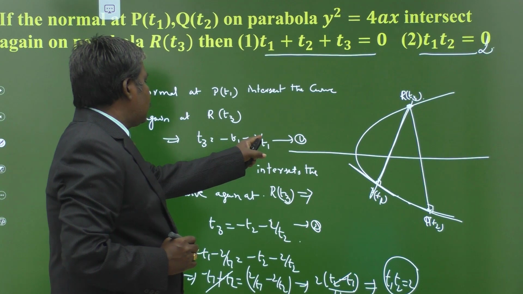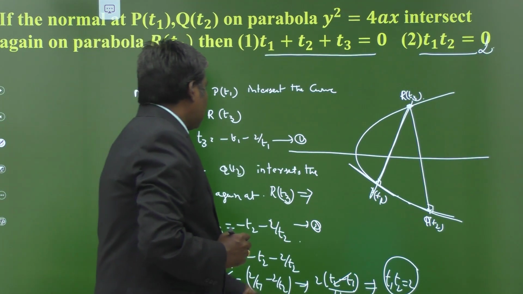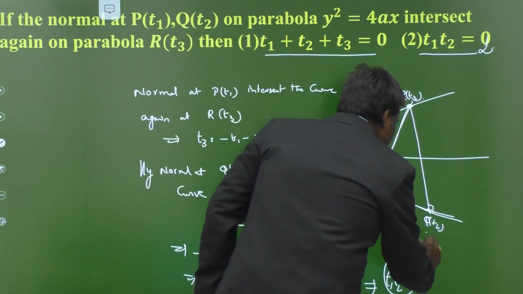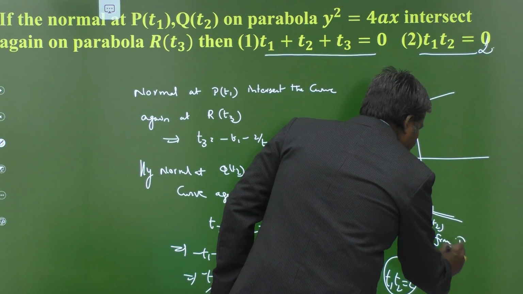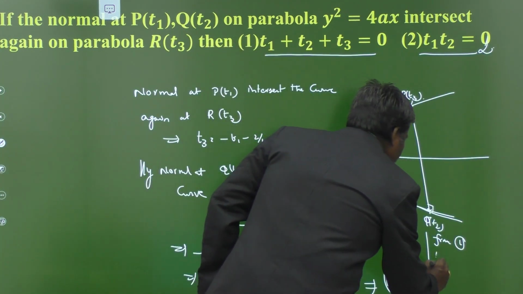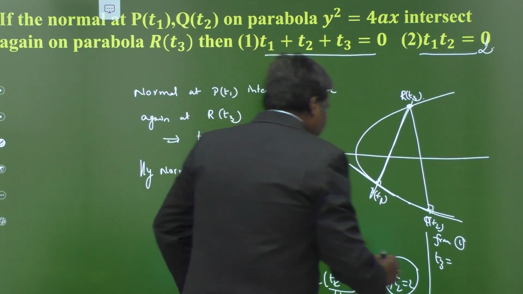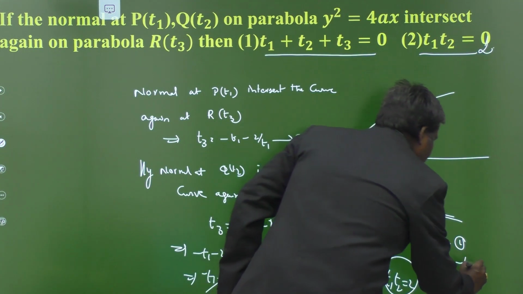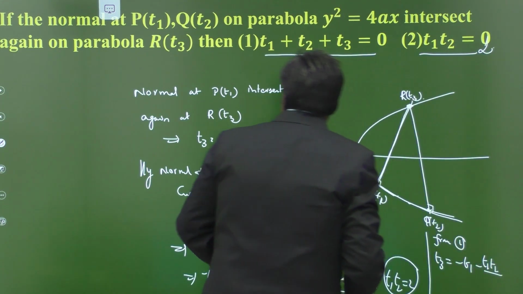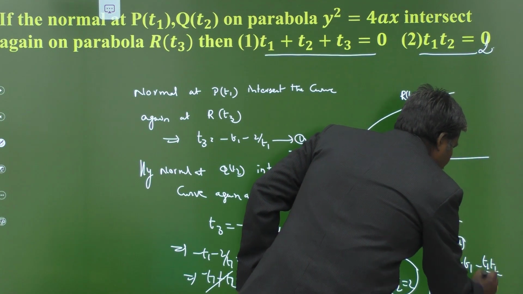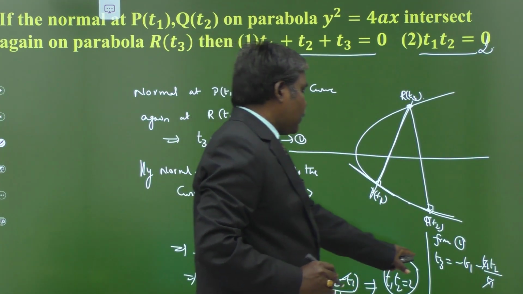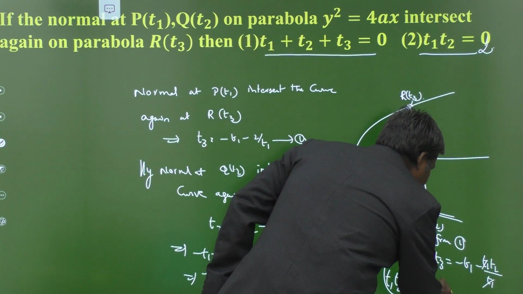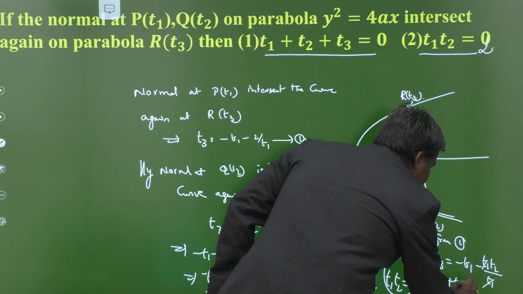Therefore T3 is equal to minus T1 minus 2 by T1. Now instead of 2 you can write T1 T2, from 1. T3 is equal to minus T1. Instead of 2 you may write T1 into T2, minus T1 T2 by T1. So T1 T1 gets cancelled. So what we obtained, my dears, T3 equal to minus T1 minus T2, implies T1 plus T2 plus T3 is